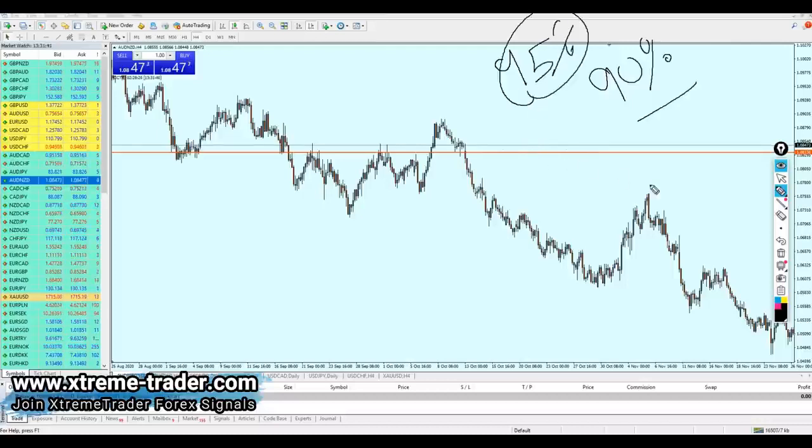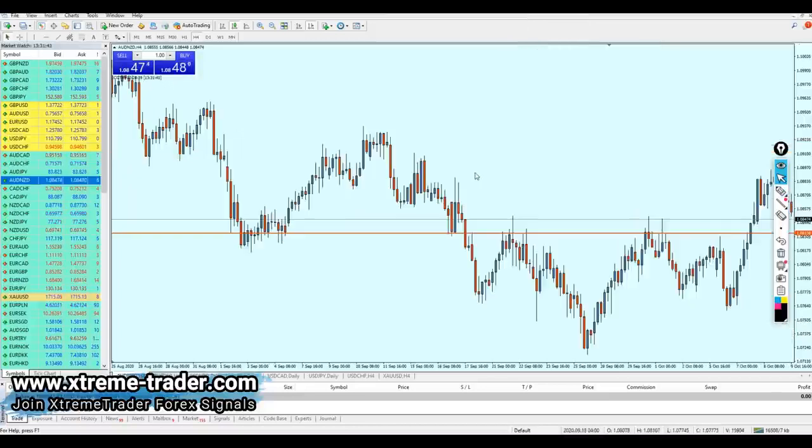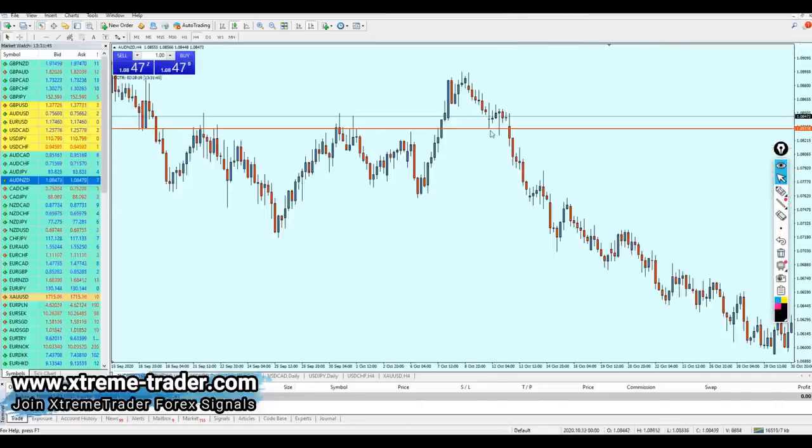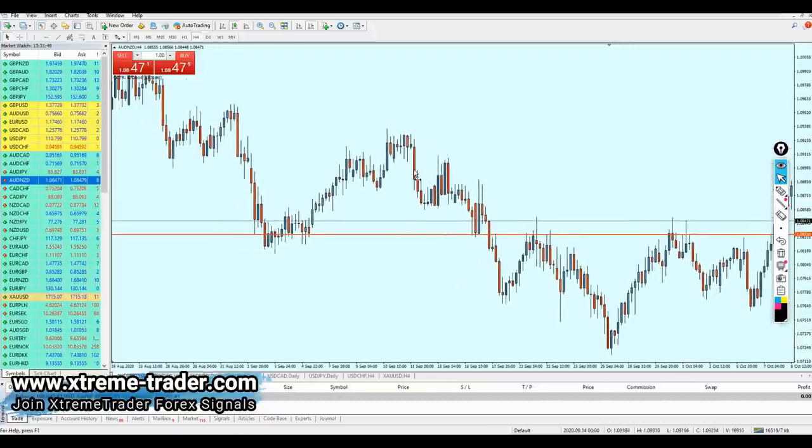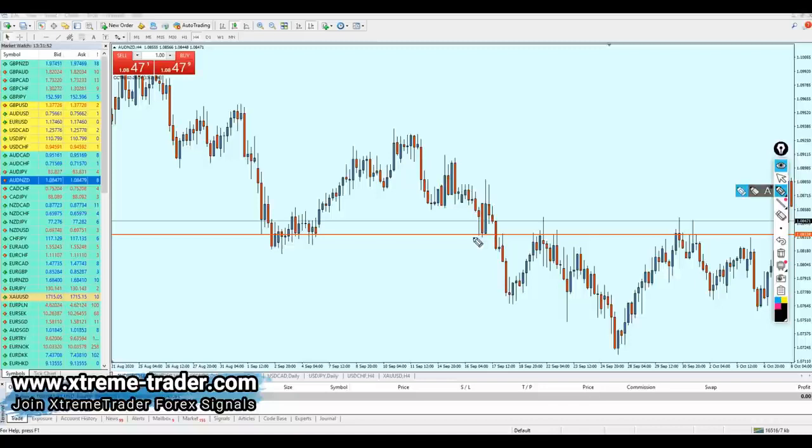95% of the time it is going to be respected. And if you want to make sure, only check the history. So this is exactly what I have drawn, my support line. Check the history where the market has reacted to this level as a support. It had really a perfect entry right here, and also right here, as we can see, another perfect entry.